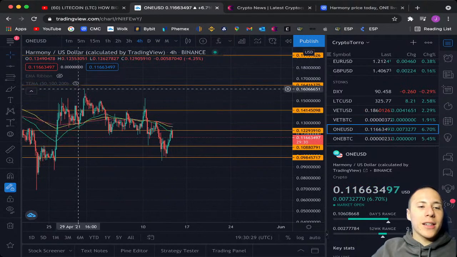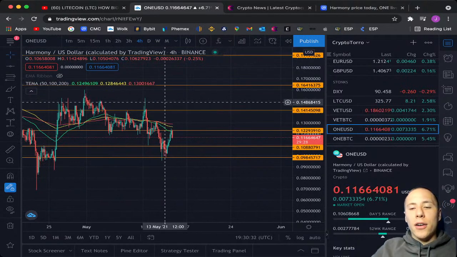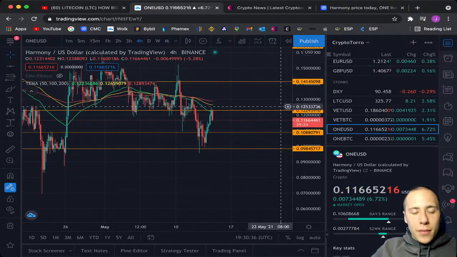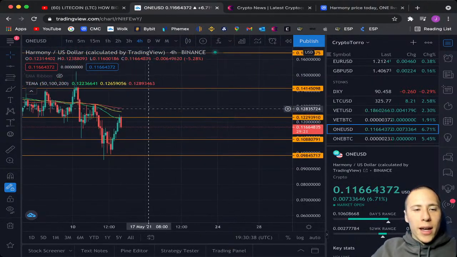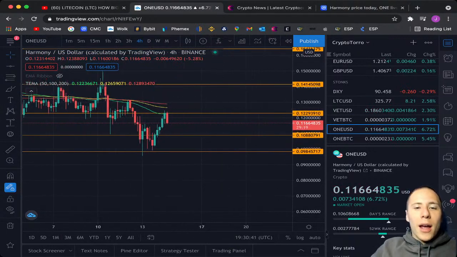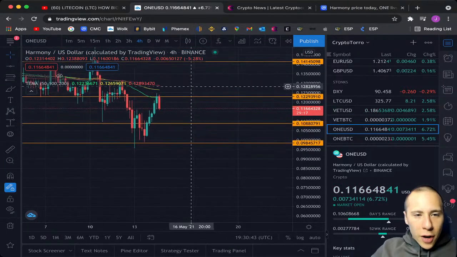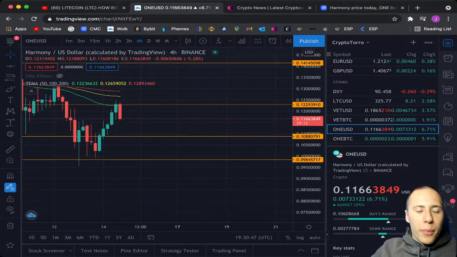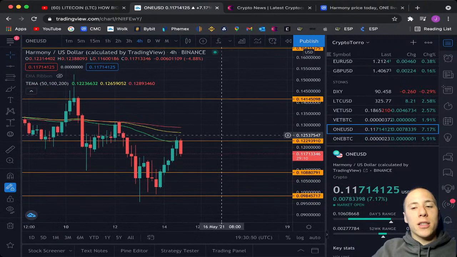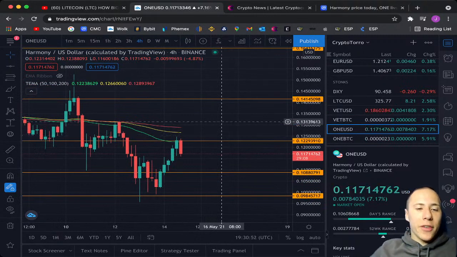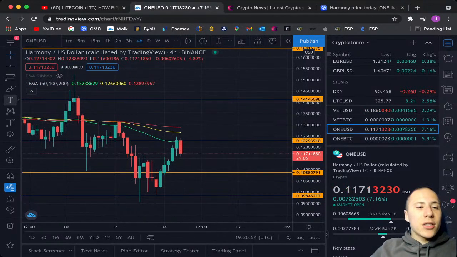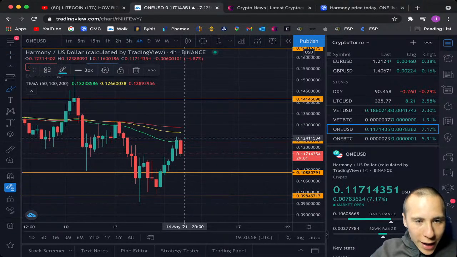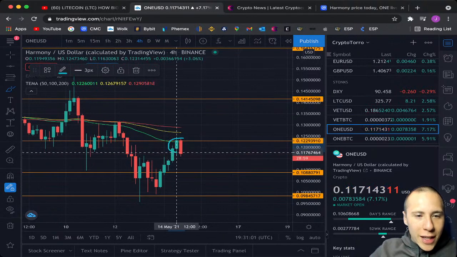And I will be activating the 50, 100, and 200 day moving averages to look at where we currently are. And what I'm seeing right away is that we are having some trouble on the 50-day moving average. I am a personal fan of moving averages because they are very important and significant, because they work as support and resistance as well. And what I'm seeing right over here is that we are trading right on top of the 50-day moving average.